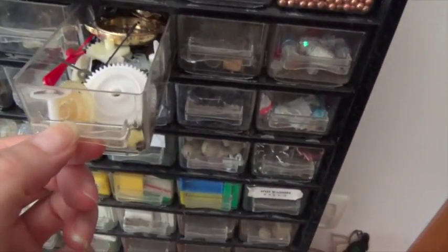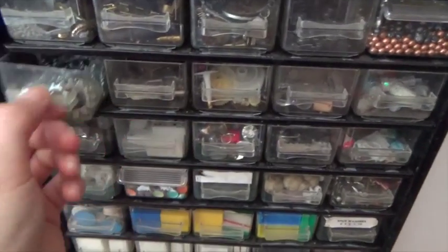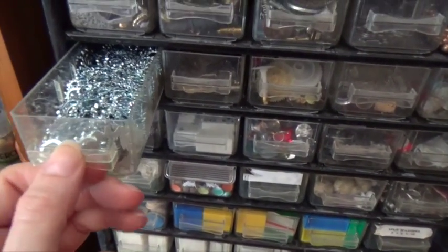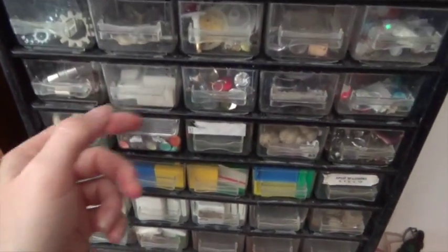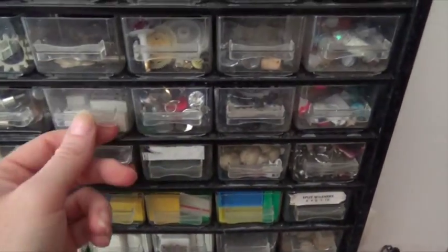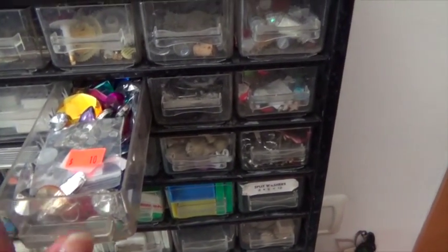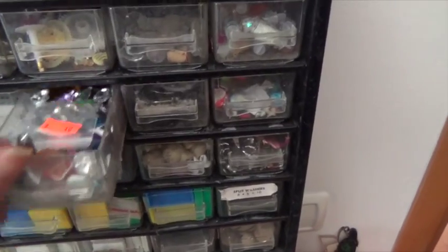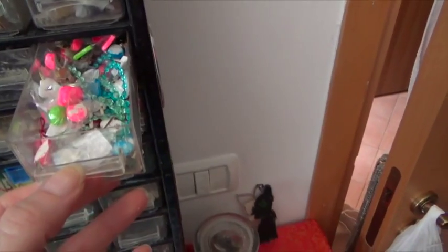empty little jars. This is all watch parts. This is all locks. This is all washers, or they look like gears to me, so all my gears are in there. Light bulbs, miniature dominoes, gems. This is all my little bling pieces, key rings, inchy stuff,